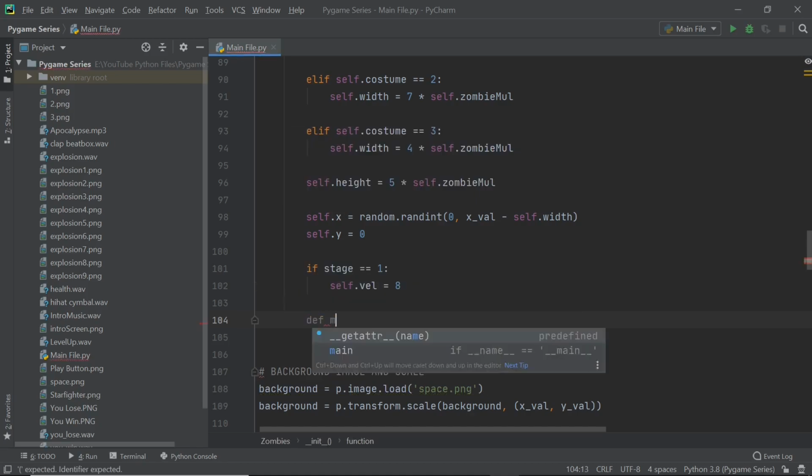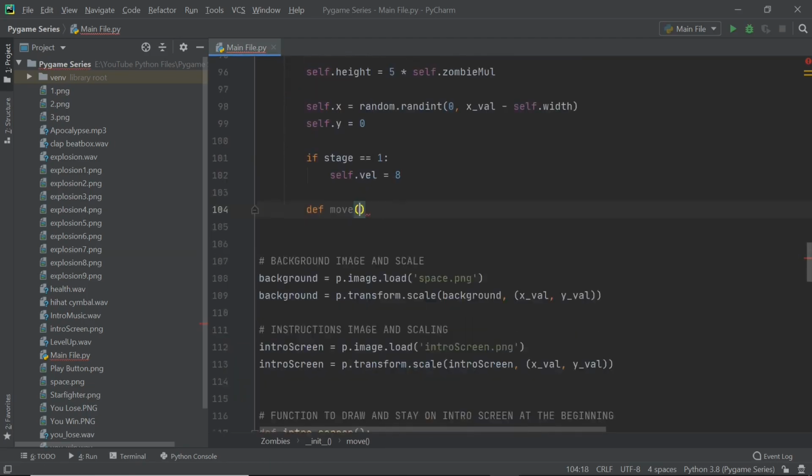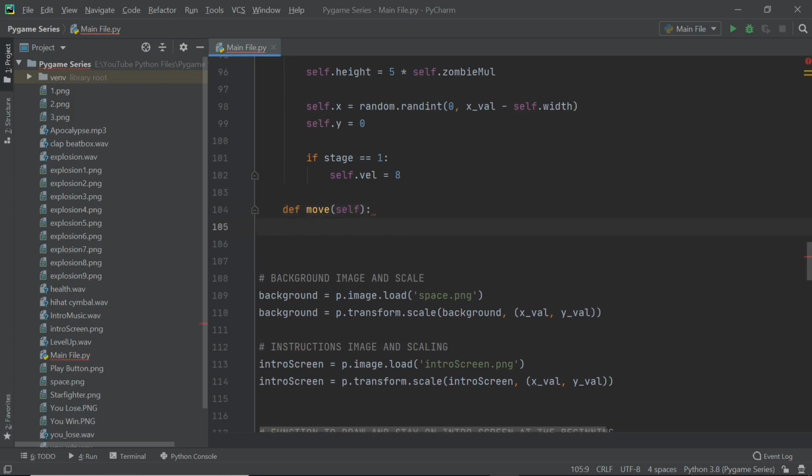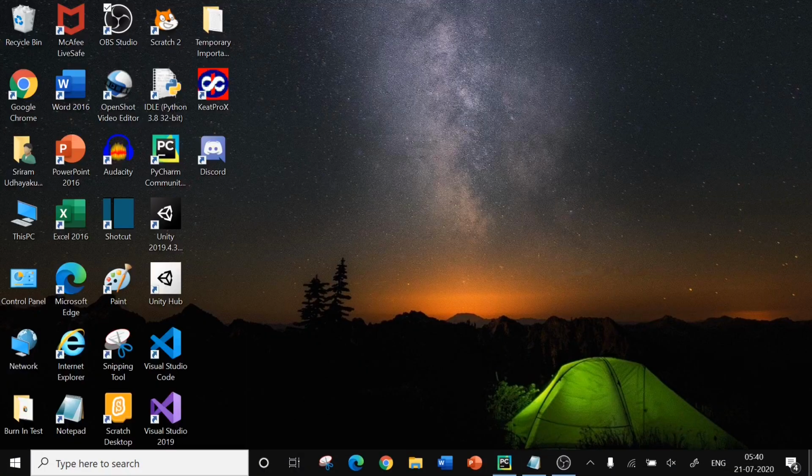So def move, okay, and within this, we're just going to have the self parameter, and I think I indented it incorrectly, so I'm going to make sure it's a method right now. There we go. And within this, here is where we're going to use a bit of trigonometry, okay? And in case you don't understand it completely, I'm going to explain it to the best of my abilities. But in case you don't understand it for whatever reason, you can just skip through and copy paste the code, okay? That's perfectly fine. So what I'm going to do is to actually open up